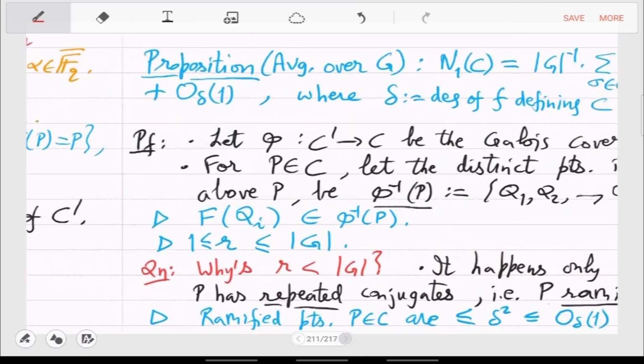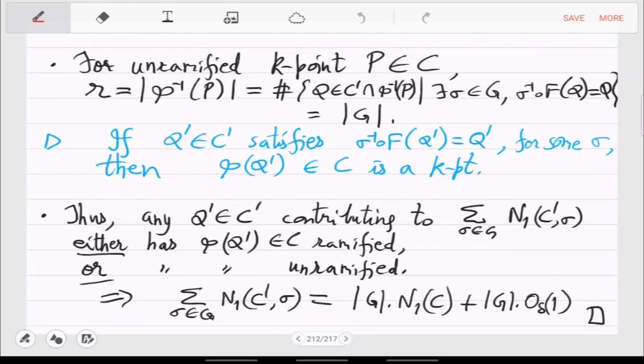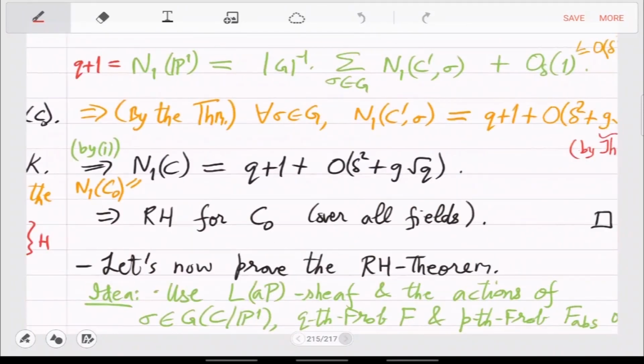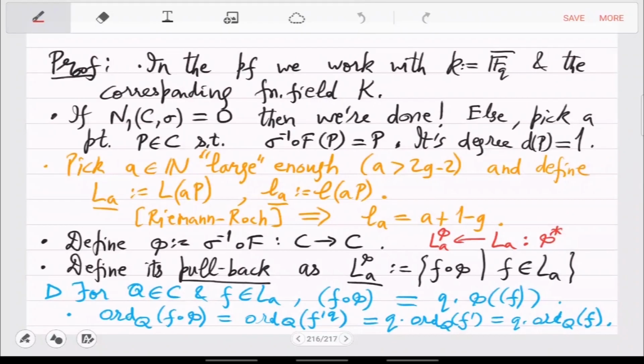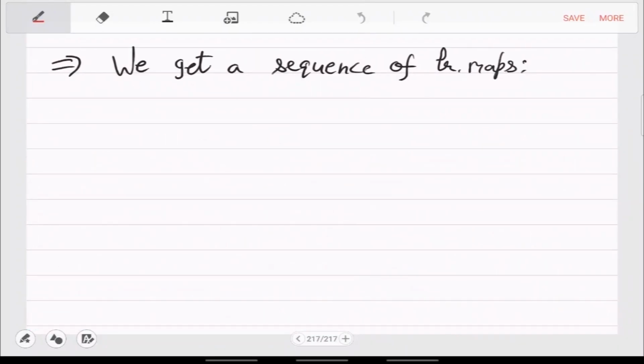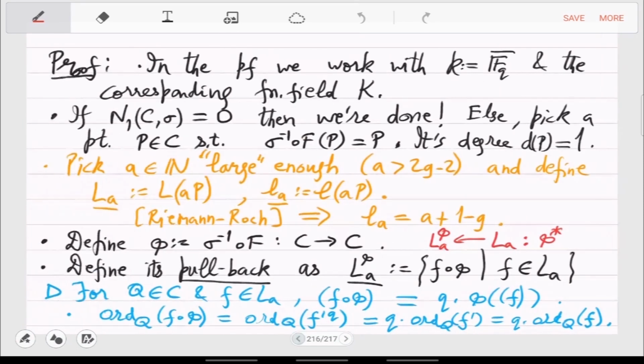Exactly. So yeah, that example should help you in understanding everything, because otherwise it's a bit confusing. There is this disparity between action on points and action on functions. So where is order f q f prime is order q f? Yeah, that comes from the property of f prime. Again, in the example, you can see in the example that